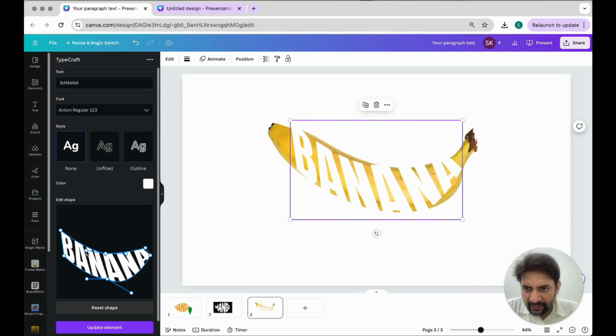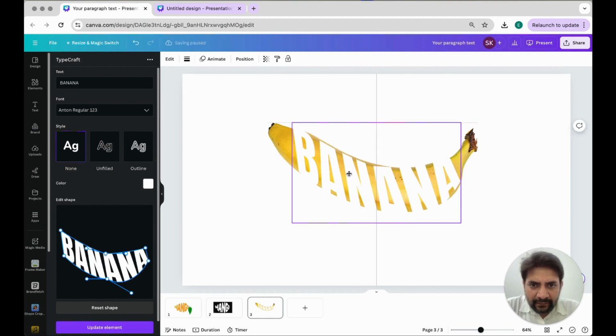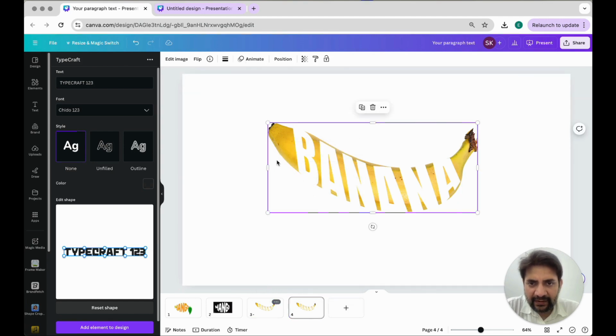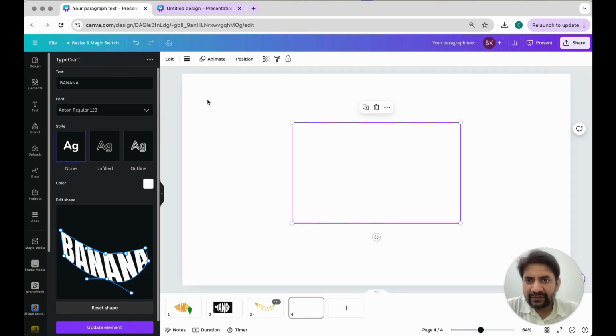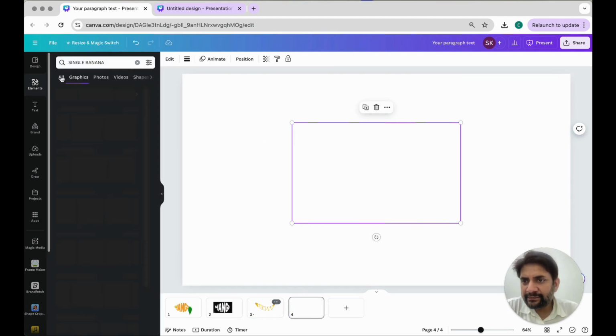A bit here on the top and a bit here. Update the element. Yeah, kind of does the job. Okay, next is we copy this, duplicate it, remove the other fruit image, come back to elements, to all, delete it,